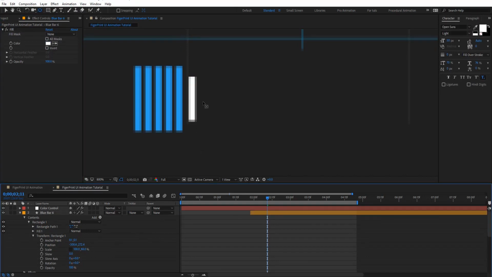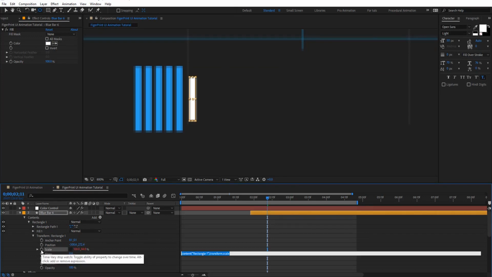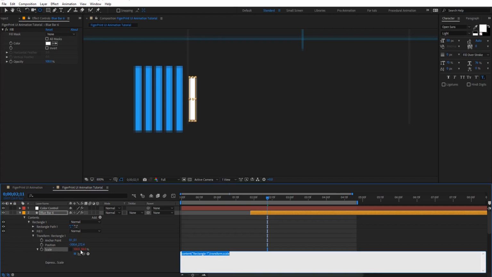And so now we are going to do this by hitting Alt and this stopwatch to bring up the expressions here. So the same thing we did before using a wiggle expression. So let's create some variables here. This is the X and this is the Y. Okay, hit equal. And then W equal